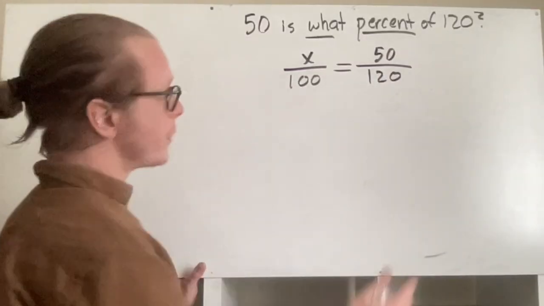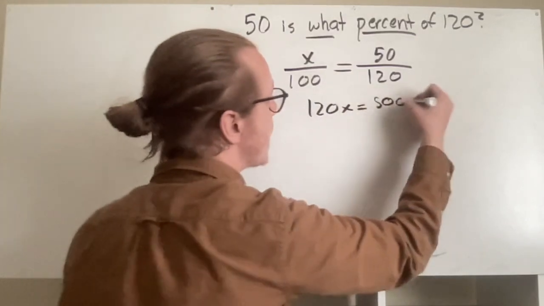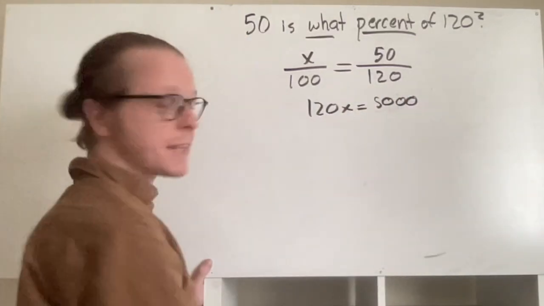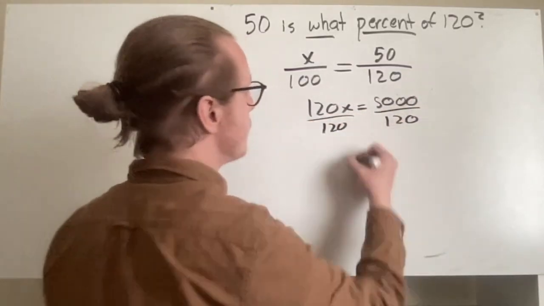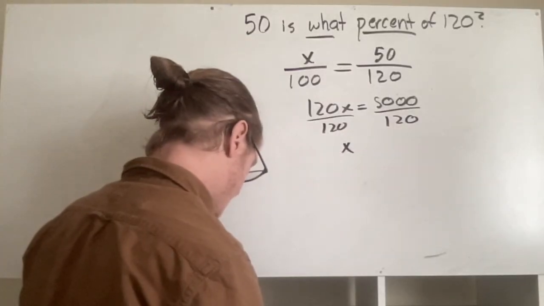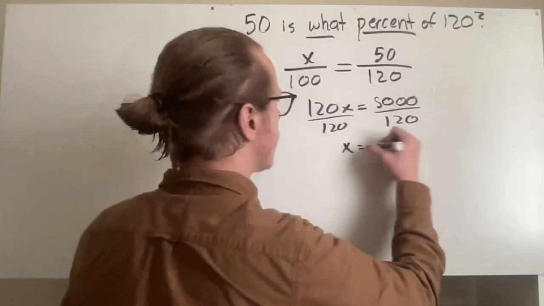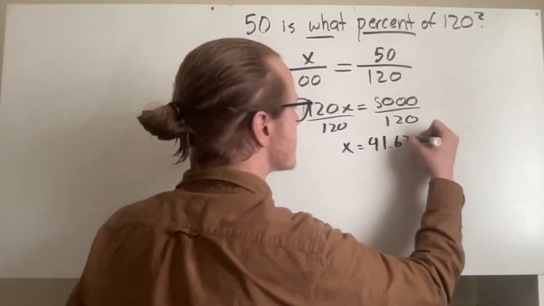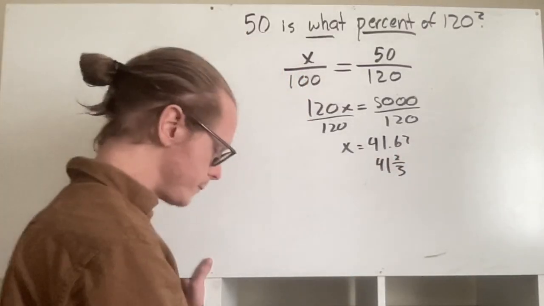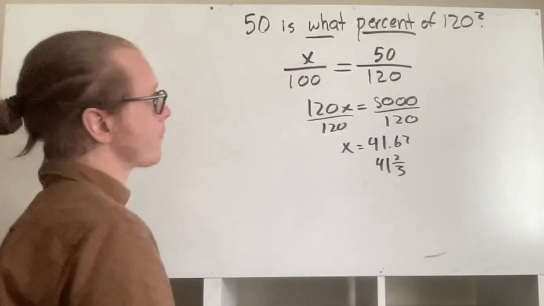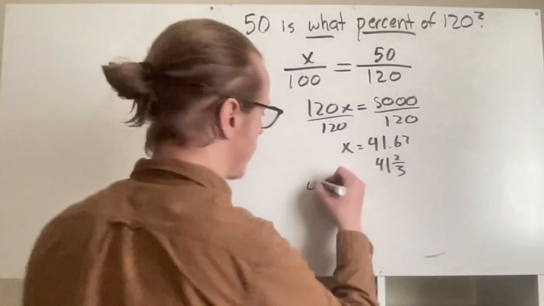Okay, from here, we can just cross multiply. 120x equals 5,000. Okay, and then our second step after that would be to divide both sides by the coefficient of x. And we get 5,000 divided by 120. 41.67, which is 41 2/3. So 41.67%, right? That would be our answer,